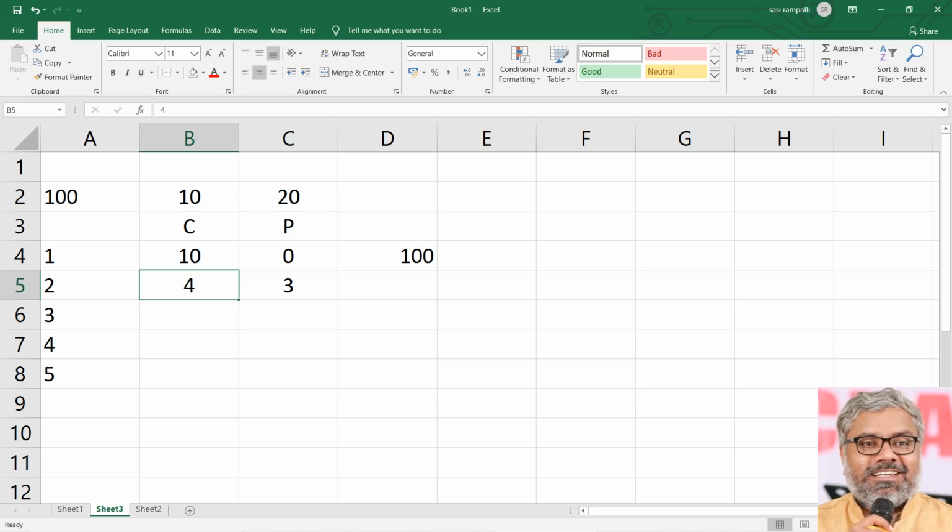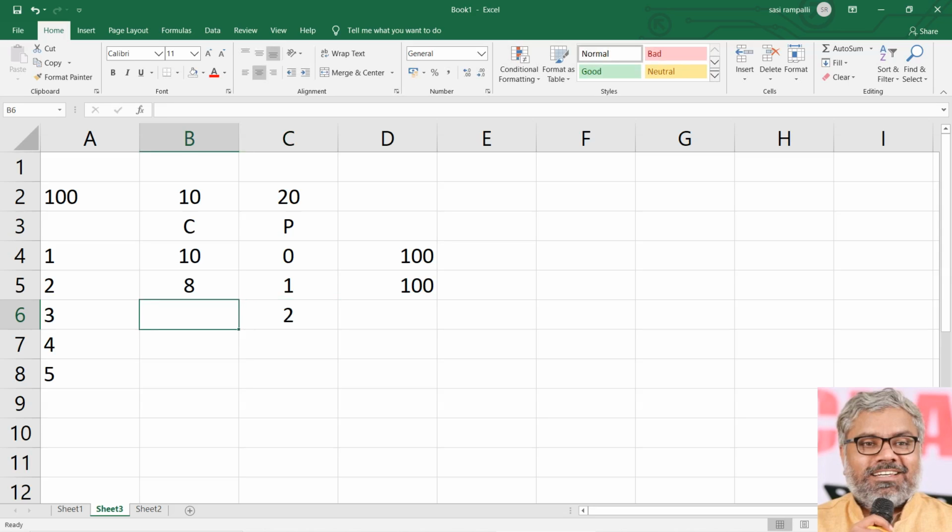Let us take other things before directly going here. Let us say 8 chocolates you want to have. Then how many pens you can have? Only 1 pen you can have. That is possible. But still the total spending is 100. So 8 into 10, 80 rupees, 1 into 20, 20 rupees. So total is 100. So this is another combination. So 10 chocolates, 0 pens, 8 chocolates, 1 pen, right?